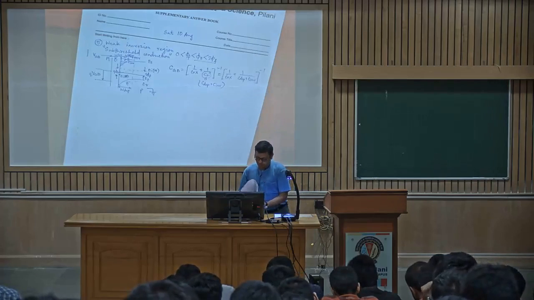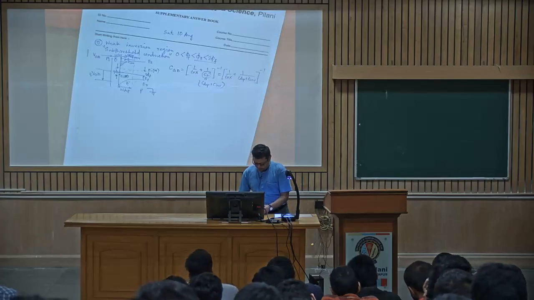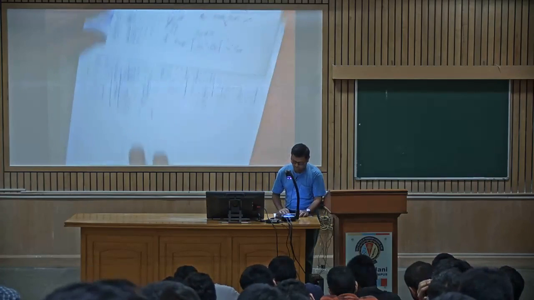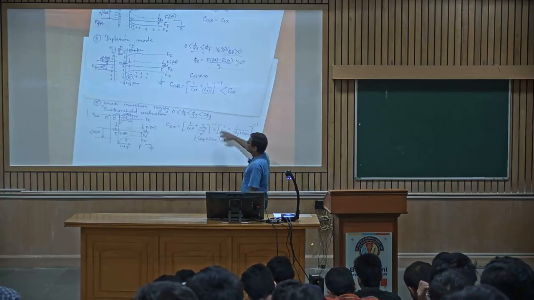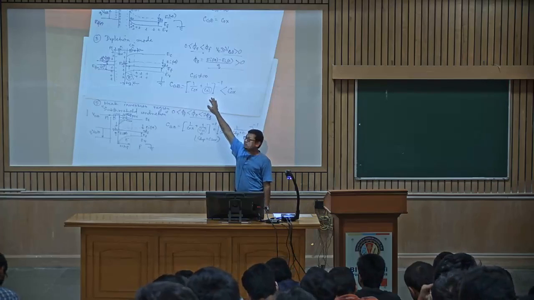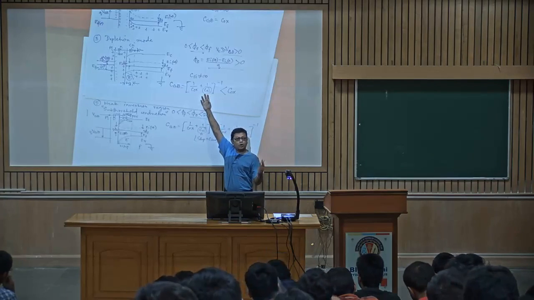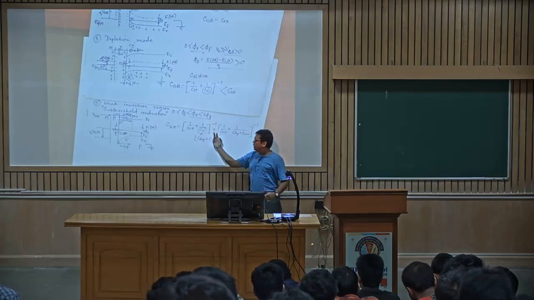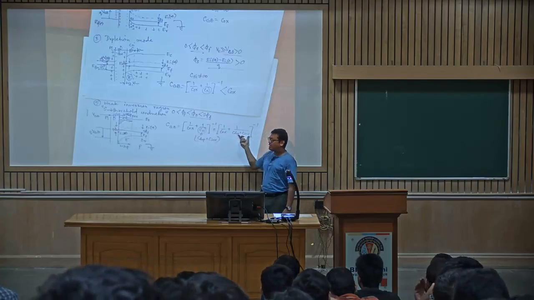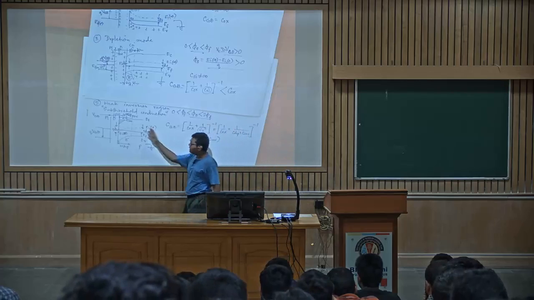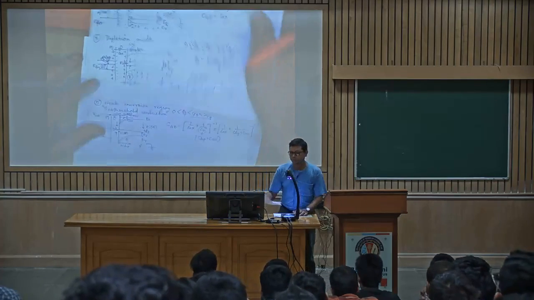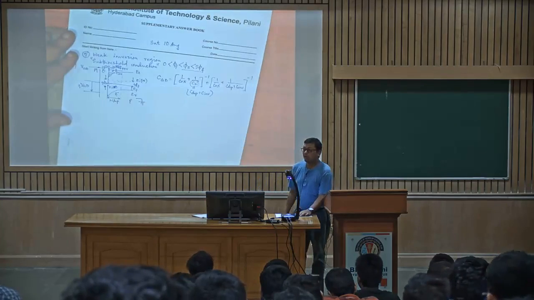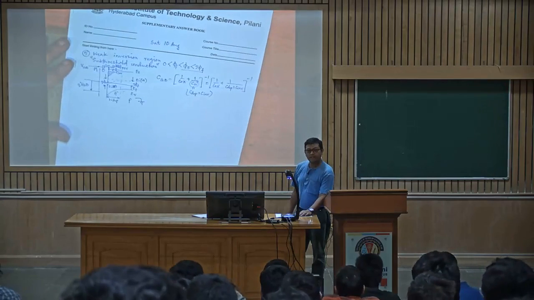Okay, let's just get back to what we did earlier. Check this out. In depletion mode, there was only the CSI component, only C dep. Here today we are having C dep plus C inversion because the electrons have started coming in on the surface beyond phi s, in the weak inversion region. Now, what is the value of C inversion?